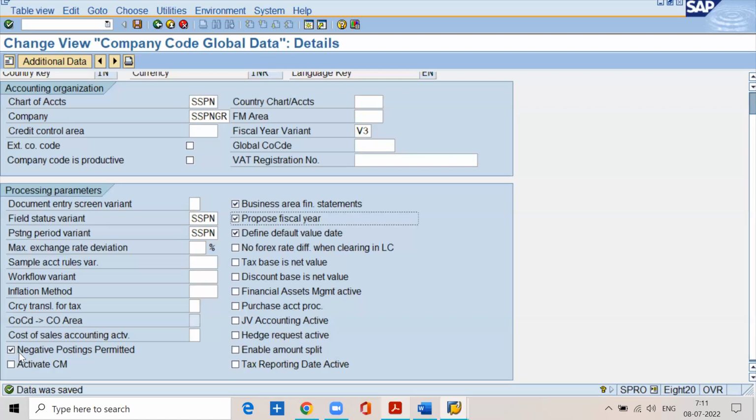When the error document is reversed, the system will keep the totals of the account unchanged by posting the rectification